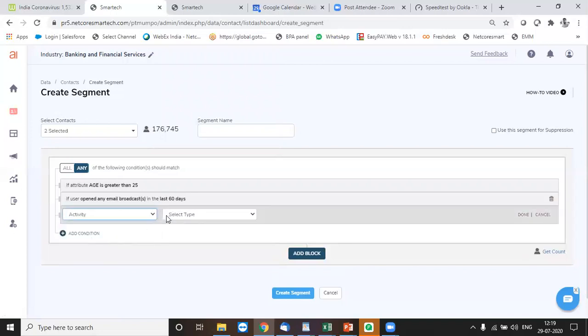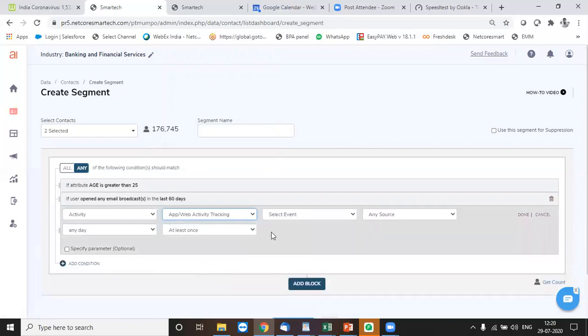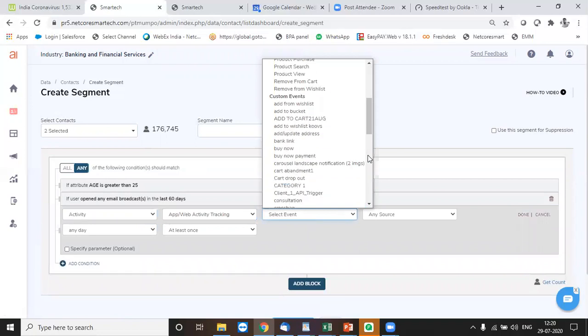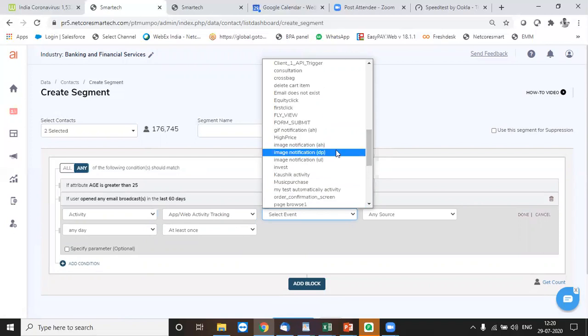And here I use one more activity. Let's say my website or app activity. So people who have done registration on my website.